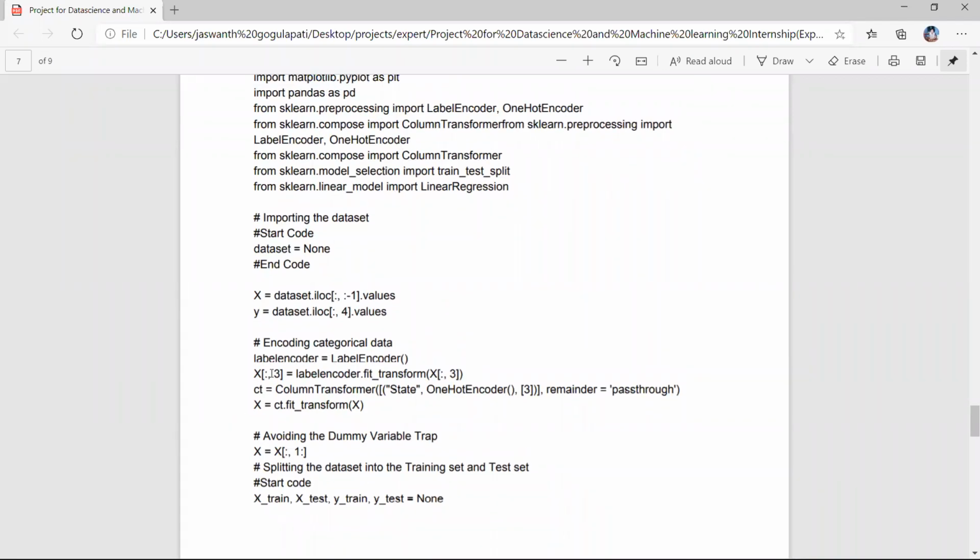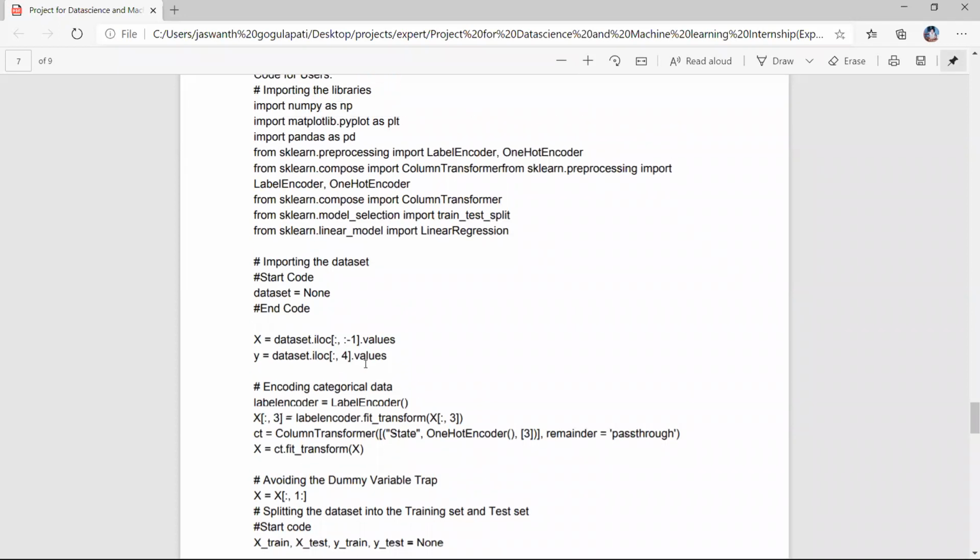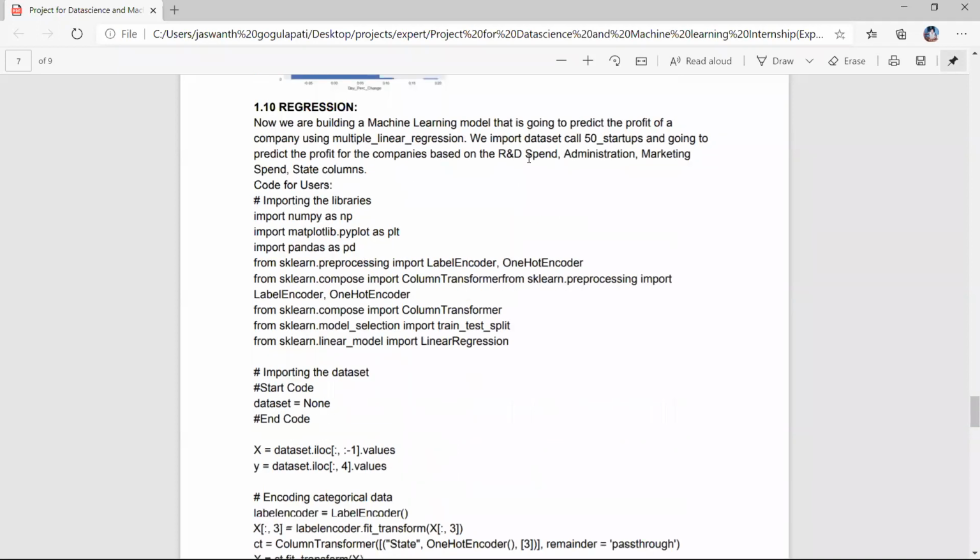In our data set here, X is the data set we divided, right? In X, before the comma refers to the rows. If we put just a colon, it refers to all rows, and after the comma it refers to columns, only the third column. Generally in Python, arrays or data frames start from 0, right?